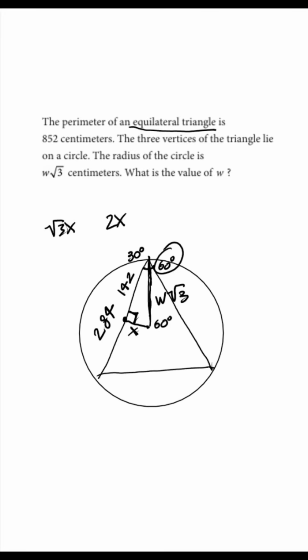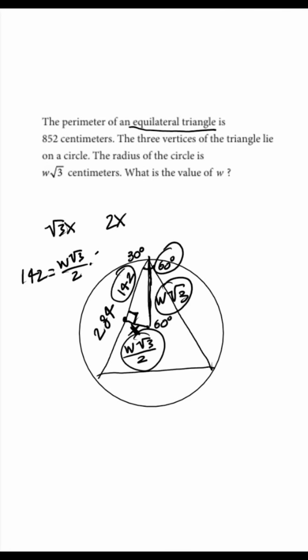So we know that the short leg over here must be half of the hypotenuse, so it must be W root 3 all over 2, and then we know that 142, which is the long leg, must be this times root 3, so we know that 142 is equal to W root 3 over 2 times root 3. So we get 142 is equal to 3W over 2, or 3W is equal to